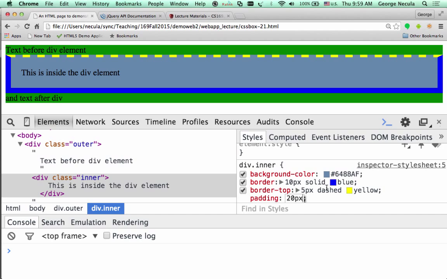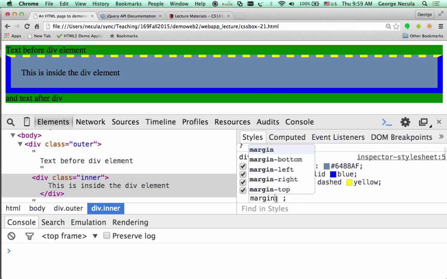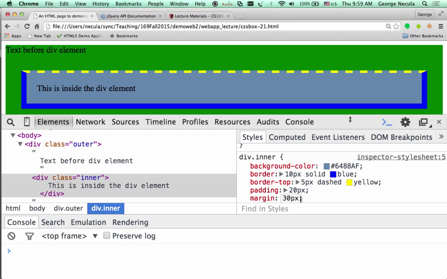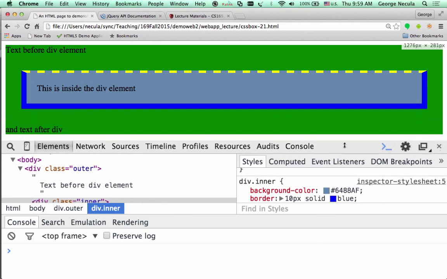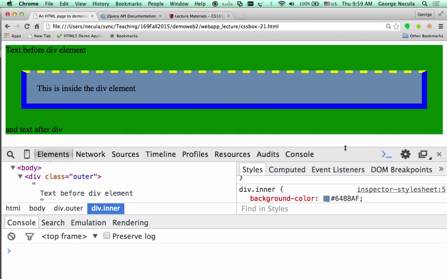And then there's another space that you can add outside the border, and that's called margin. Margin, and we'll make this even bigger, 30 pixels. Maybe it's a little bit too big. Okay, so this shows all of the elements of the box model of the sizing. So you have the content, then it's surrounded by padding, surrounded by border, surrounded by margin, and then the box